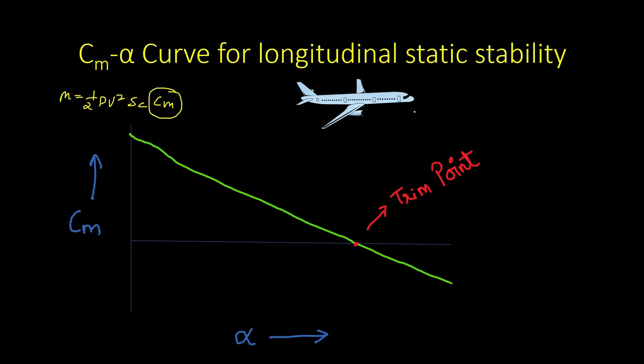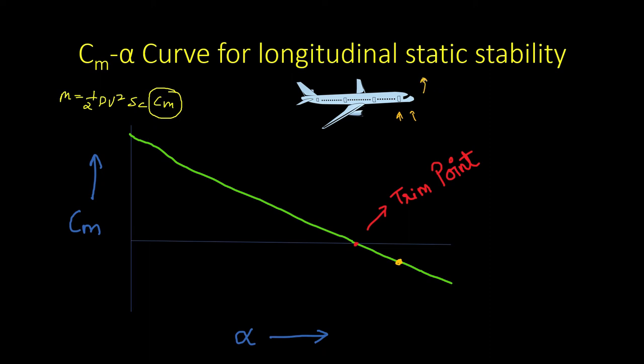Now let us consider that there is some upward gust of wind this way. So what will happen? The aircraft will move a little upward, that is, it will have a positive pitching moment, and as a result of this, angle of attack will increase. So if this is the Cm alpha curve of this aircraft, the new condition will move somewhere here. So this is the new point. Now what has happened is the angle of attack has increased. Now as a result, from this graph we can say that there will be a negative restoring moment, that Cm would be negative. So since there will be a negative restoring moment, the aircraft has pitched up.